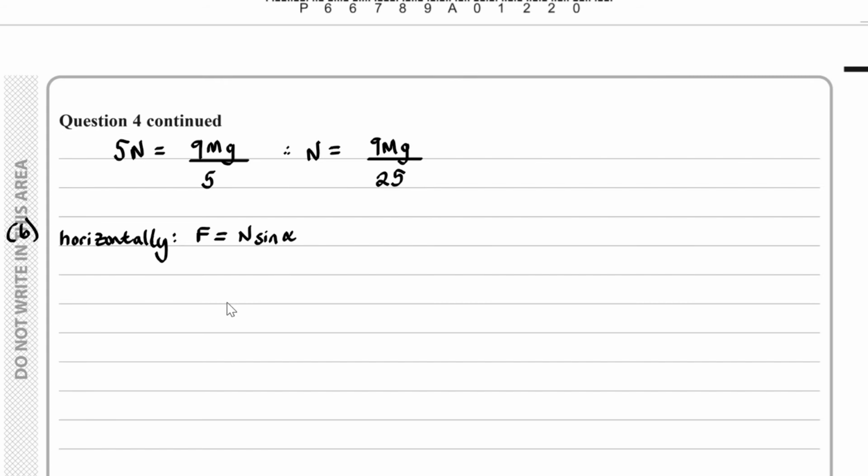We know what N is, we know what sine alpha is. So we have F equals N, which is 9mg over 25, multiplied by sine alpha, which is 4/5. So we can conclude F is equal to 36mg over 125. Okay, and now if we resolve vertically,